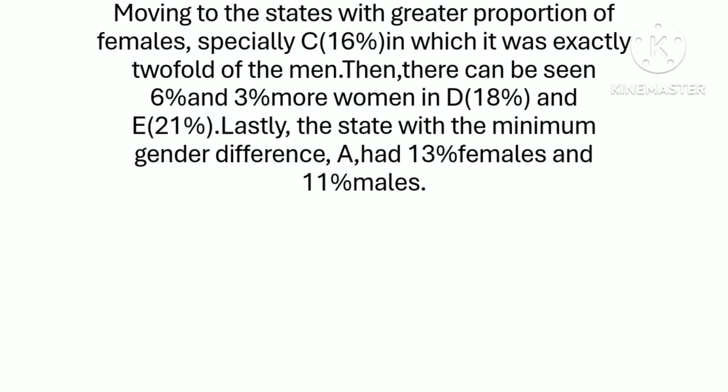Then there can be seen 6% and 3% more women in D and E. Lastly, the state with the minimum gender difference, A, had 13% females and 11% males. All these sentences mean the same thing. More women, less men, but the structures are different. So there is a lot of planning that goes into IELTS writing, which sometimes students are not told and they